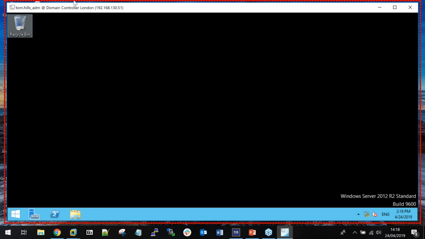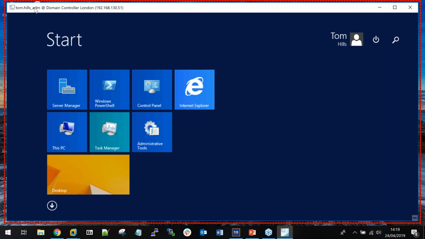There's no way that I can disable the recorded session, as you can clearly see with the hatched red line alongside the outside of the window, which indicates that whatever's happening in that session is being recorded. But it's also a nice visual to say, hey, look, this is a live session, take care with what you're doing. If I were to jump out of this session, for example, if I'm going to go ahead and troubleshoot an issue, as you can see, the red line has disappeared. So Cerium session recording works by nature of: we only record when the system detects a human interaction with that particular session. So Cerium has actually mapped me onto my domain controller using my named admin account,